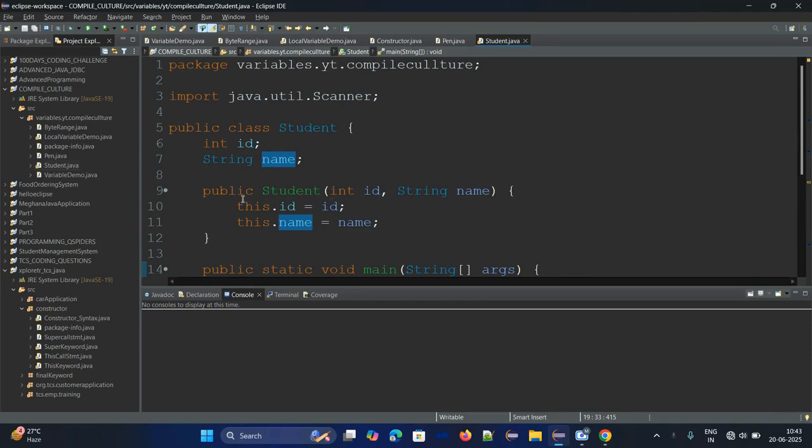As of now, just remember this is our constructor. Keep this in your mind.